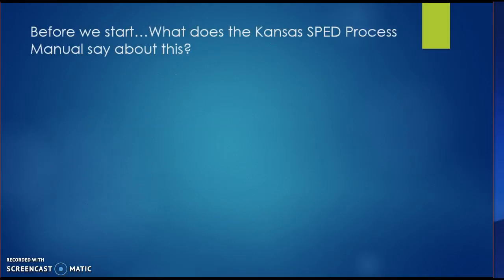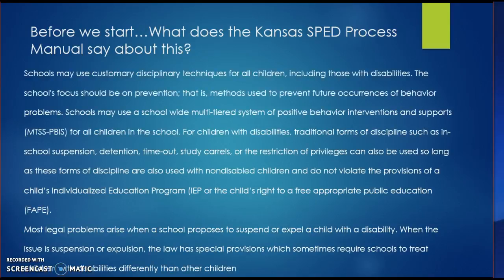Before we get started, what does the Kansas Special Ed Process Manual say about this? Specifically, it says that schools must use customary disciplinary techniques for all children, including those with disabilities. The school's focus should be on prevention, that is, methods used to prevent future occurrences of behavior problems. Schools may use a school-wide, multi-tiered system of positive behavioral interventions and supports, MTSS or PBIS, for all children in